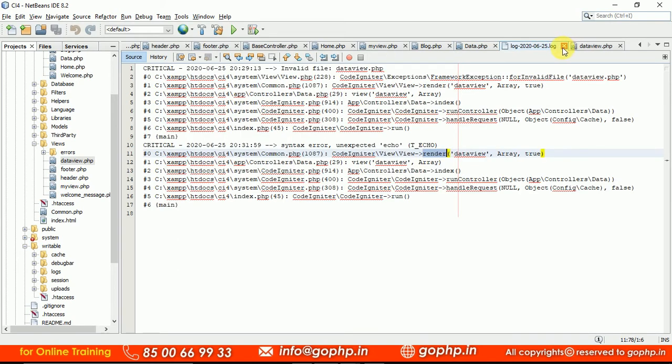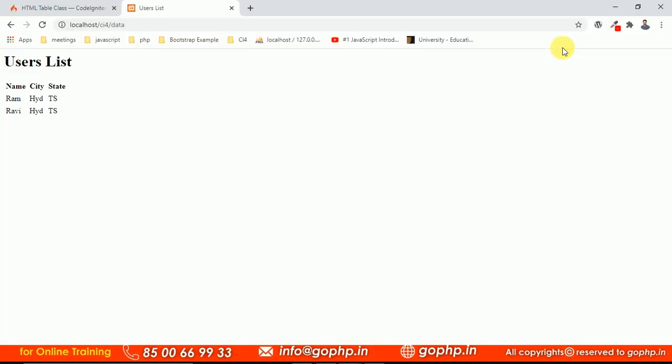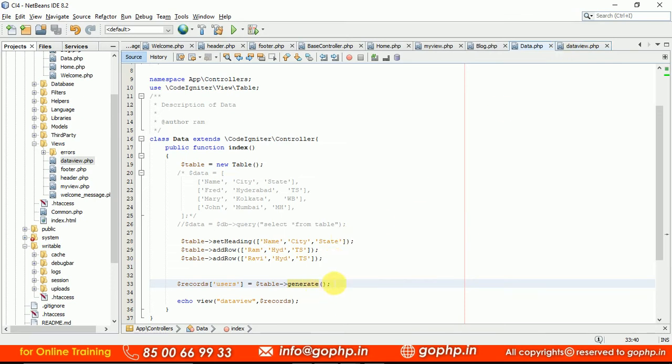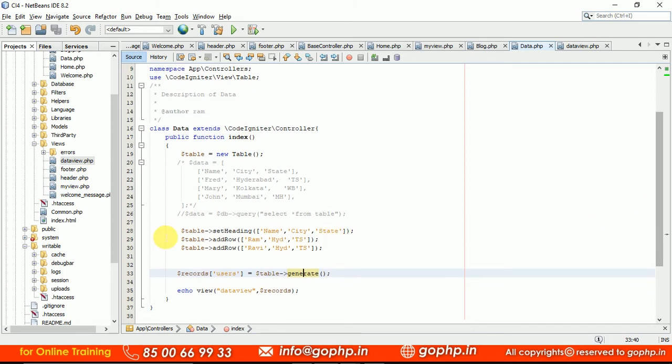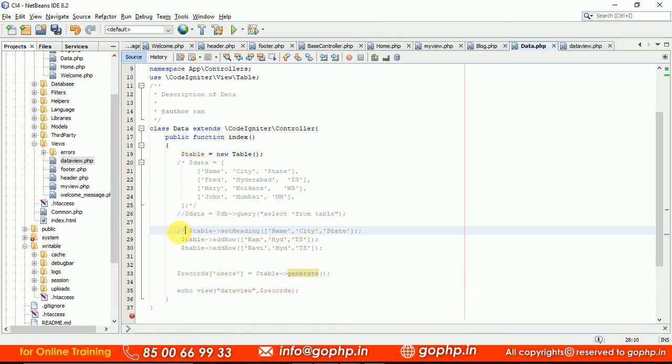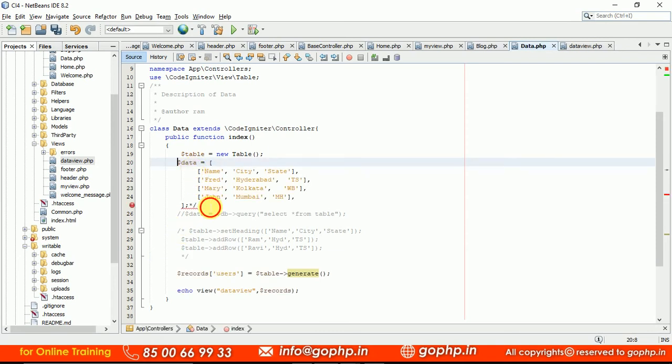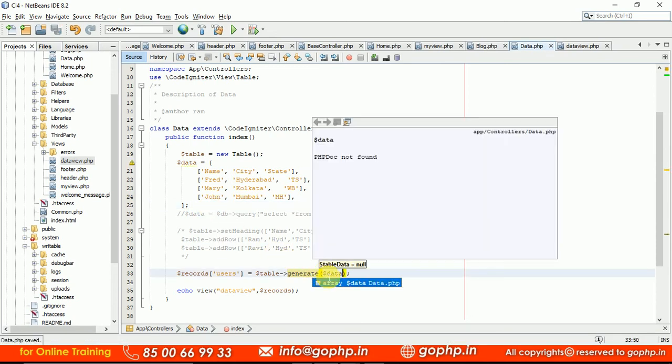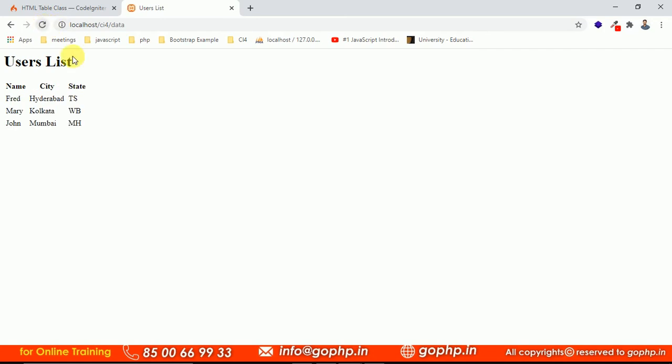Even though I passed a variable which is not available, still it is not throwing any error. The data variable is not available earlier, right? Still we didn't get any error. You know, one more thing, we can design this table completely, guys. For example, this is how we can set headings and add the rows also dynamically, guys, right? So this is one more method, setRows. And for example, if I go to this data and pass the data to your generate method, then what is going to happen? You have records, right? Can you see now the records are going to come like this.